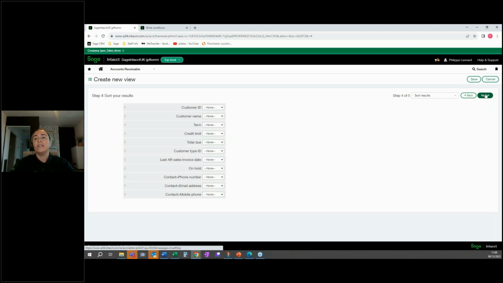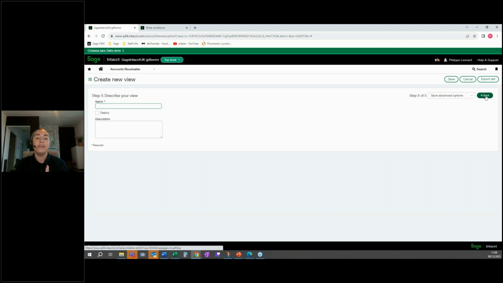This list here will then put it in order, so you can say you want it in maybe the customer name order, customer ID number. You might want the numbered order or alphabetical order. I'm going to put mine with the total due order. So you can make a hierarchy of the order that you're doing, or just leave it like that. Okay, so if I click Next, I should then go to the final stage of my process